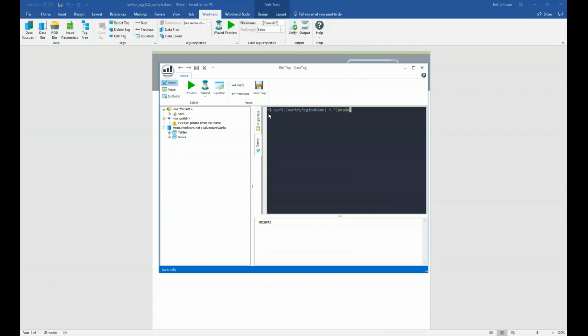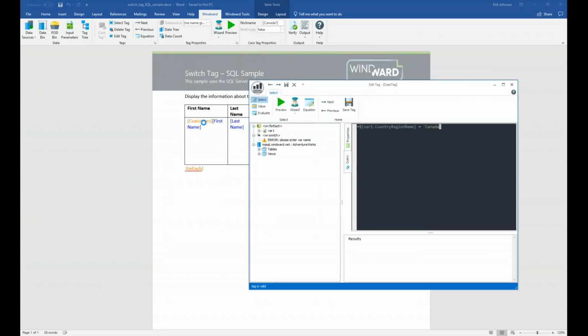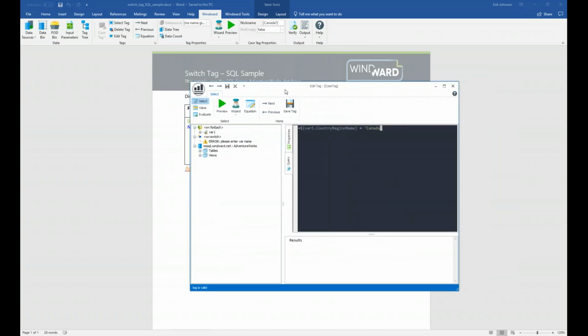So we have our equal sign, var1, which just refers to our customer loop right here. And we want to look at the country region name from our customers loop and check if it's equal to Canada. If it is equal to Canada,